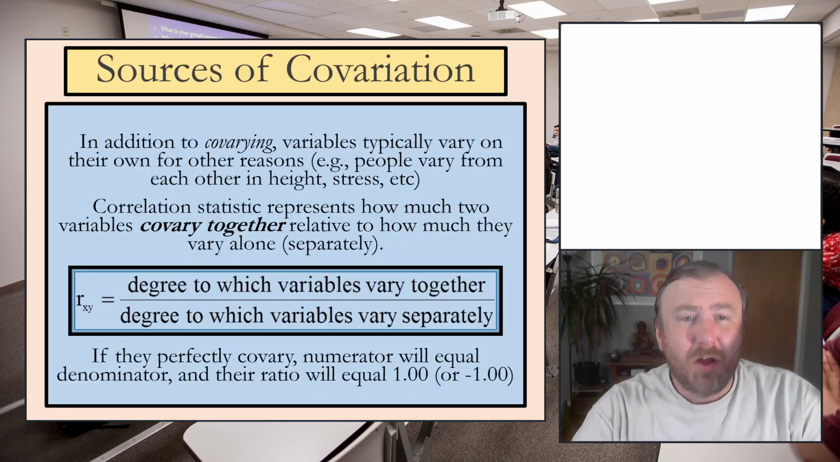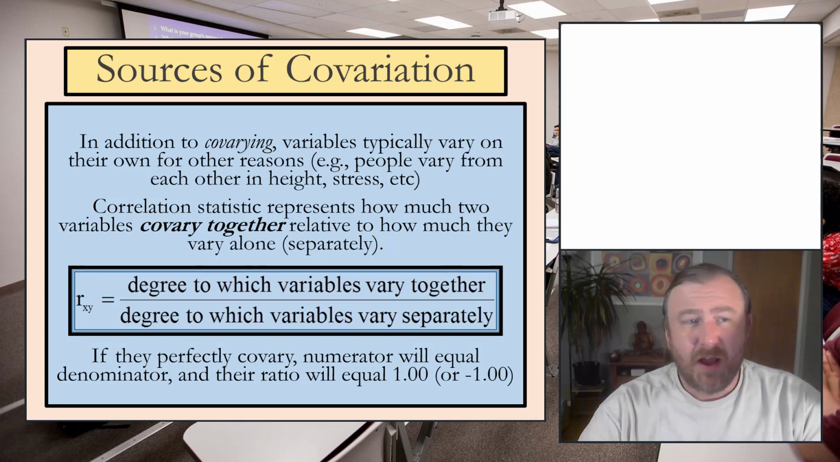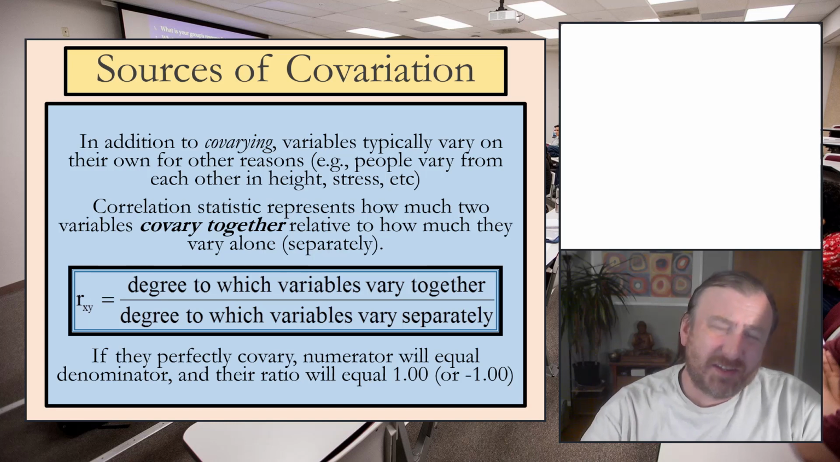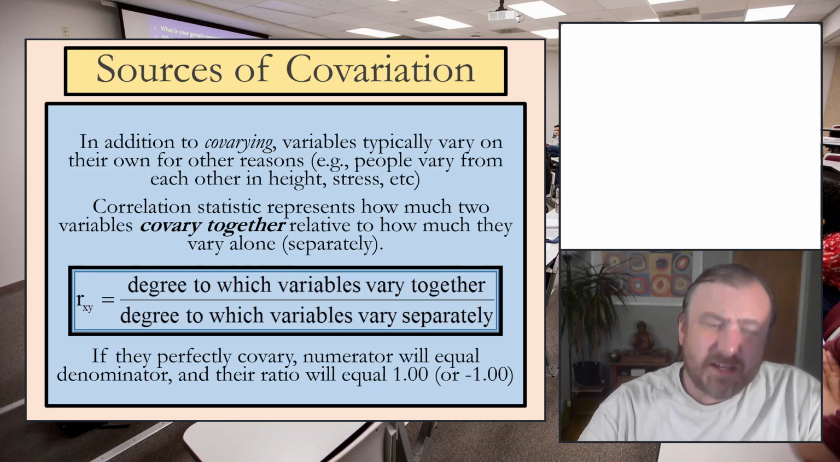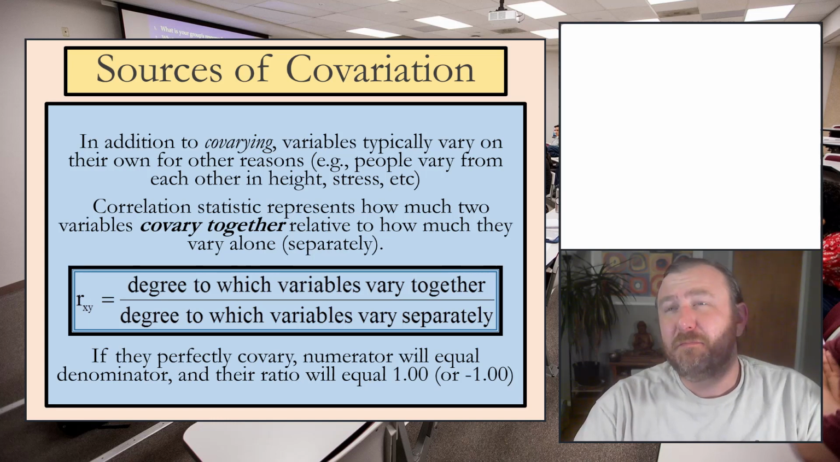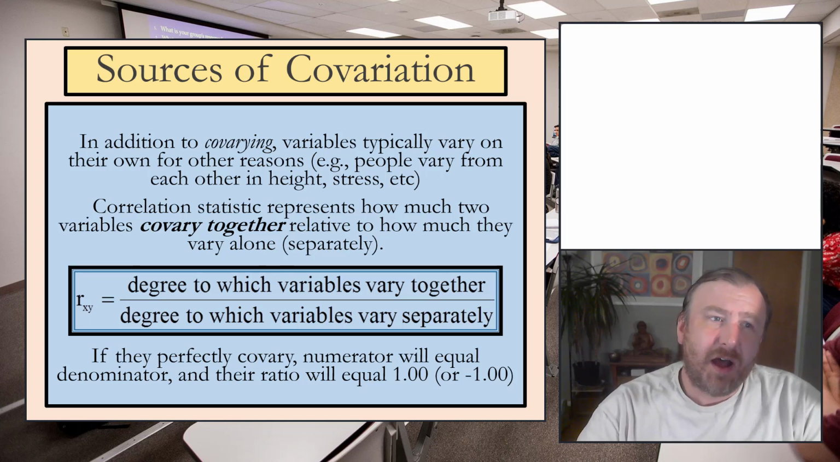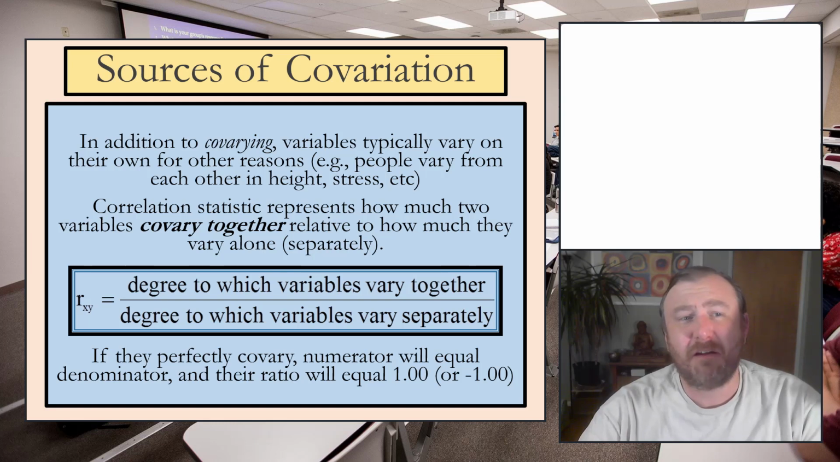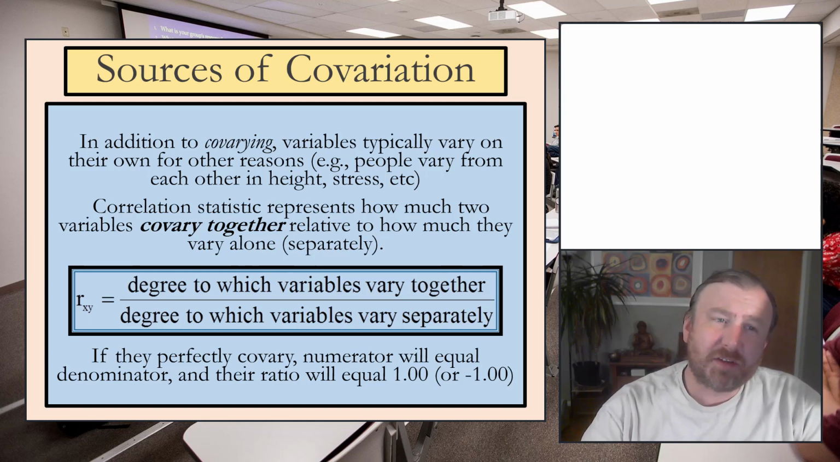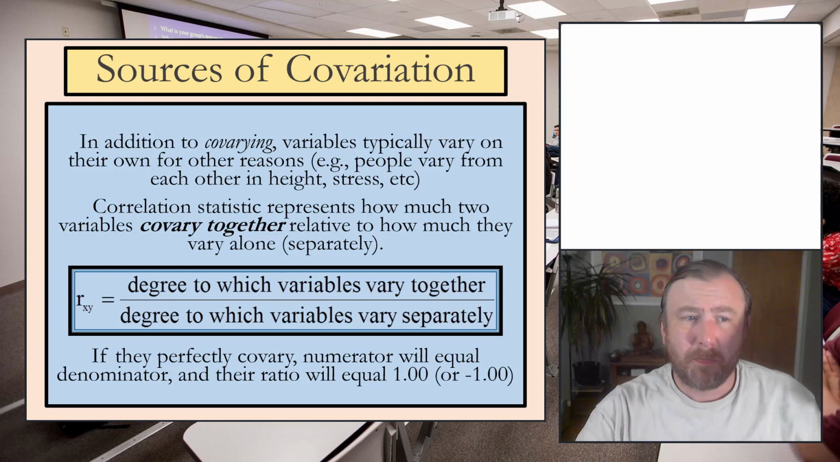Okay, so we left off in the last lecture with some conceptual information that feeds into how the basic equation for a correlation is going to work. We discussed what covariance was. It's the tendency for variables to overlap in how they vary. So variables can vary together, but there's also reasons that variables vary that aren't related to the other variable. And so,